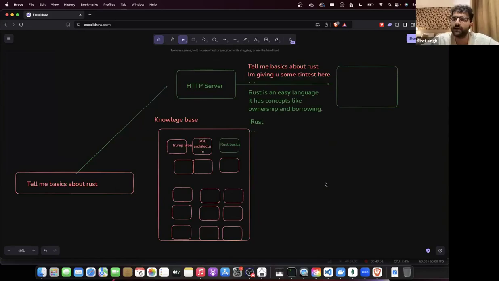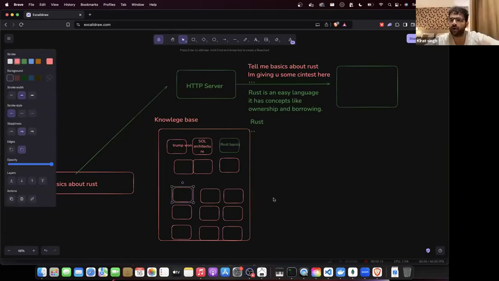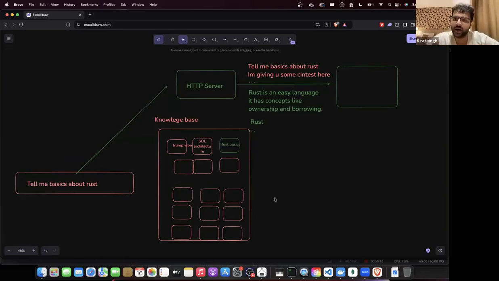What do they do? First they will make you build your knowledge base, then they will let you query your knowledge base. When you are querying your knowledge base, they will not forward the request as such. They will get the relevant docs and forward your request to GPT with those relevant docs. In this case, there might be this relevant doc, there might be another relevant doc which has Rust knowledge. How many of us understand the architecture? Like the final architecture of building something like this. Let's do a poll. Do you understand this?